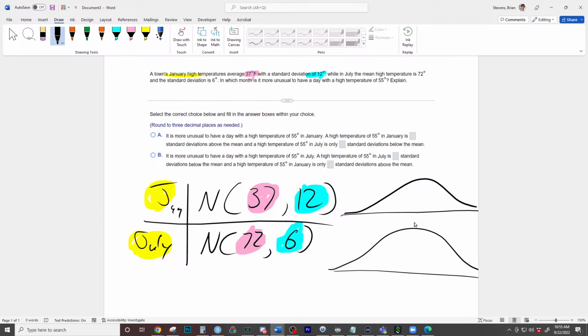So when we put 37 right here, this also has a bigger spread to it. We'd go up to 49, up to 51, up to, oh my gosh, I think I lost my ability to do arithmetic today. Up to 61, up to 73, down to 25, down. What am I doing right now?